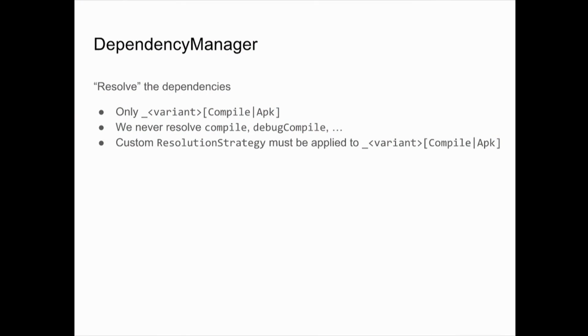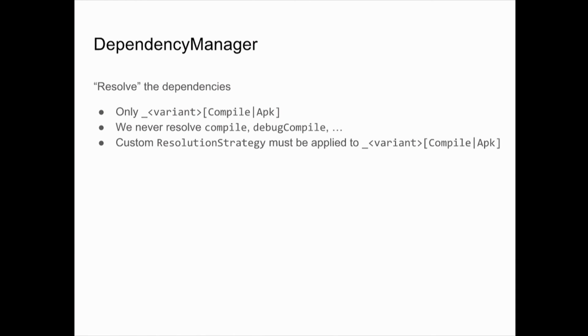OK, so we have something called a dependency manager that basically resolves the dependencies. So the first thing that we are doing is, as I mentioned earlier, we are always resolving the variant composite dependency that we are creating. We never resolve compile, right? Even though you do compile Guava, we don't resolve compile. We resolve the dependency one, which means that if you have a resolution strategy, you have to apply it to the proper